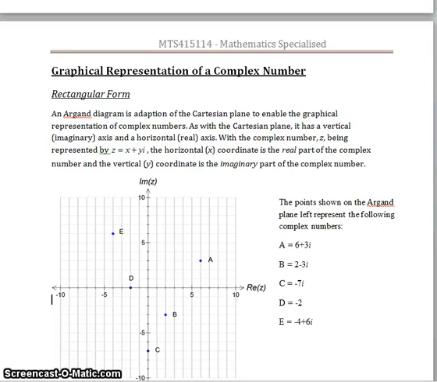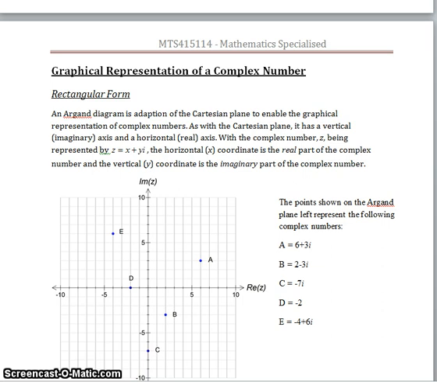Now you know that we can graph real numbers on what we call a Cartesian plane, where our vertical axis represents y coordinates and a horizontal axis represents the x coordinates. And we use that when we graph things in science and other applications, where the x-axis or the horizontal axis represents our independent variable and the vertical axis